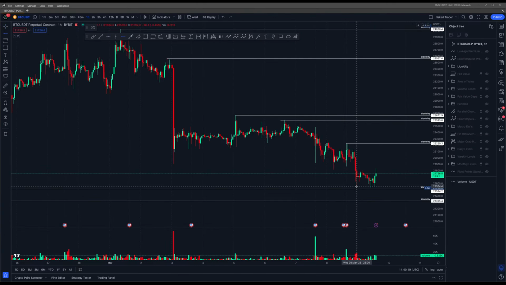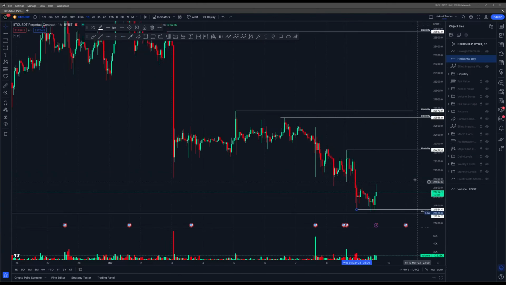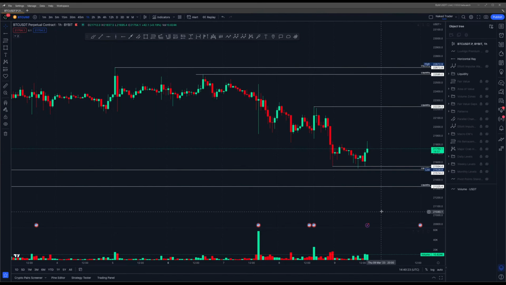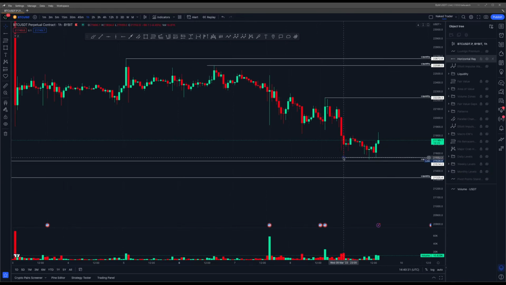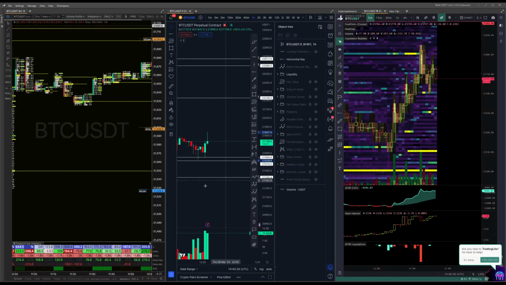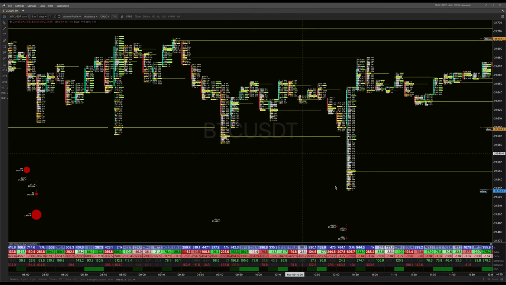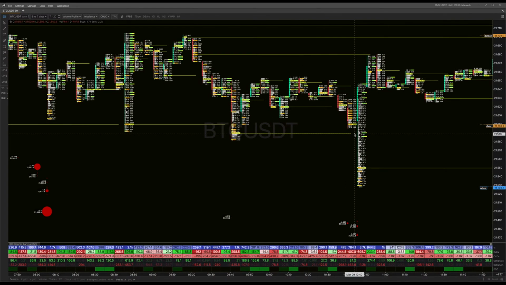The liquidity would have been here, and this is why I always say, if you're a scalper and you want to get in and out, and it's about trying to make trades, this is a great place to put a long just beneath where this liquidity was. You can see this candle. That was that break of structure, that break of liquidity. You can see all of the trap traders here. So you see the commitments and the demand coming in at the bottom of